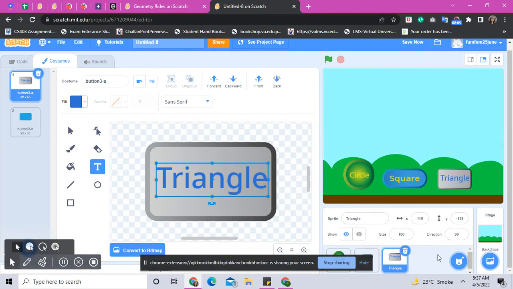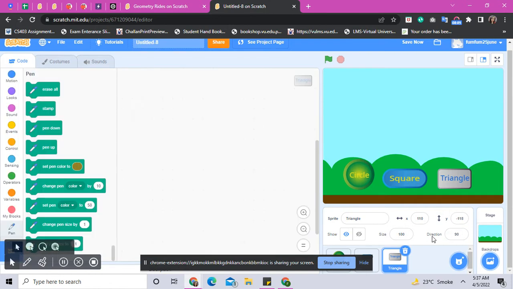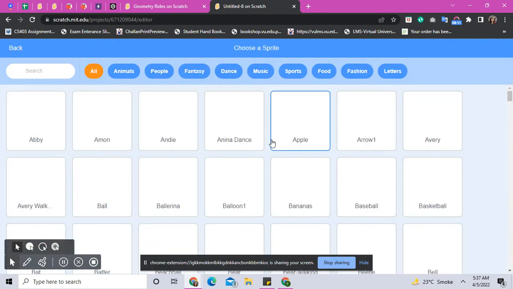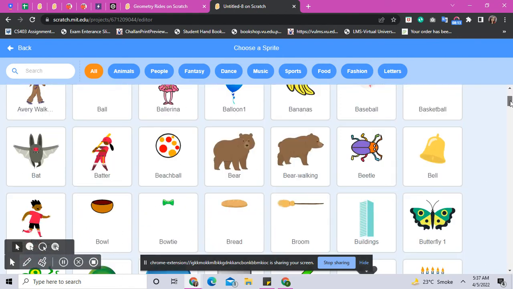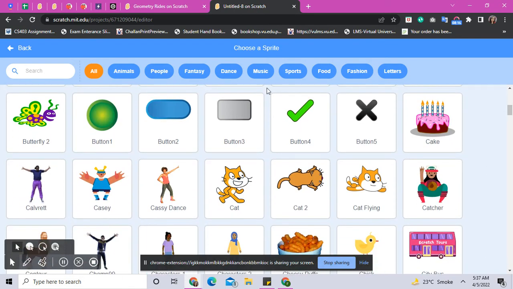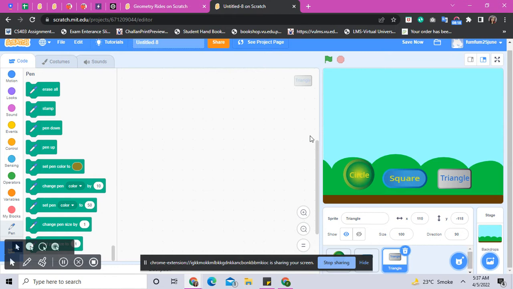So we are going to add one more and we are going to have another button, which can be button 4. Oh, where did it go? Oh yeah, perfect. And over here, you can just use a tick mark as well or you can